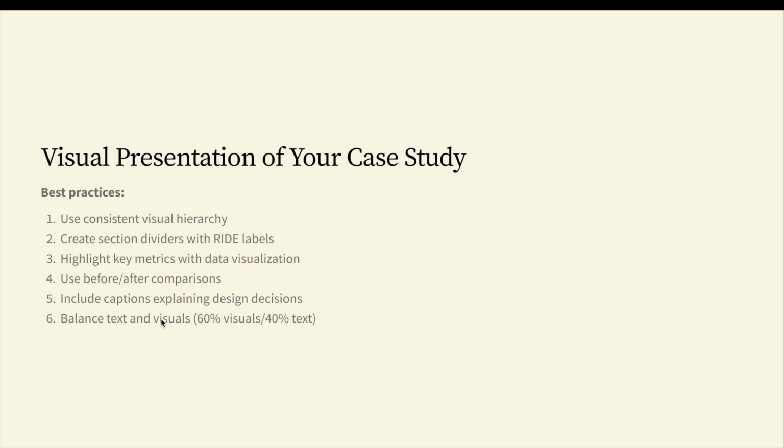And after that come the captions explaining design decisions. So we can add some kind of brief notes. That brief note can explain the key design choices. And we can even connect the visuals to specific user problems which we are trying to solve. Like what is the user problem, and then how we are trying to solve it. We can show it in terms of the images